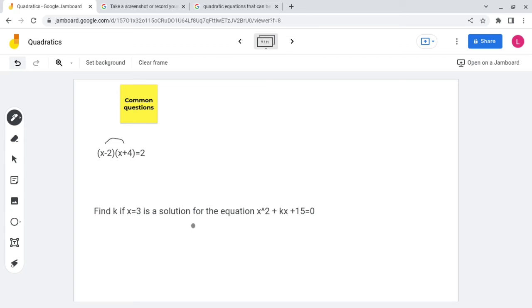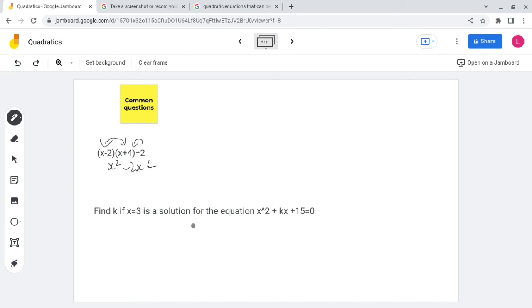You have to multiply everything, simplify it into its most original version, and add the 2 back inside. So how we do it is: x minus 2 times x plus 4 equals x squared, then x times x, negative 2 times x, so it's minus 2x, x times 4 is plus 4x,